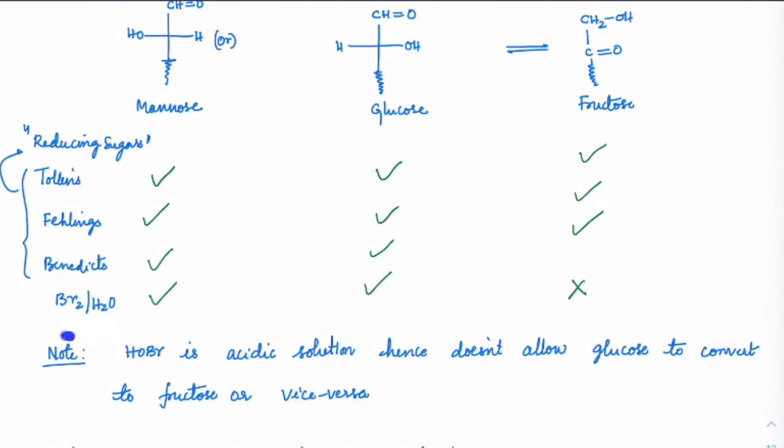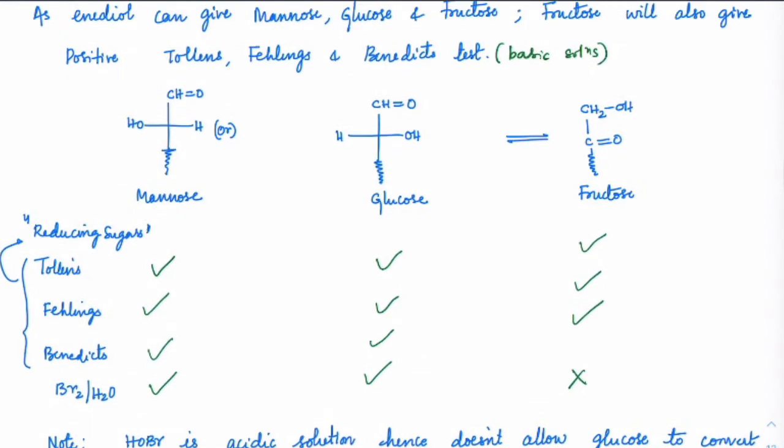Why? Because bromine water is more of an acidic medium, so we will have HOBr formation in it, which is acidic medium. It does not allow too much of fructose to convert into glucose, so hardly would you see any color change appear. So these tests definitely prove that the majority of the fructose will be interconverted to glucose and mannose when these reagents are added. I hope all of you understood that.